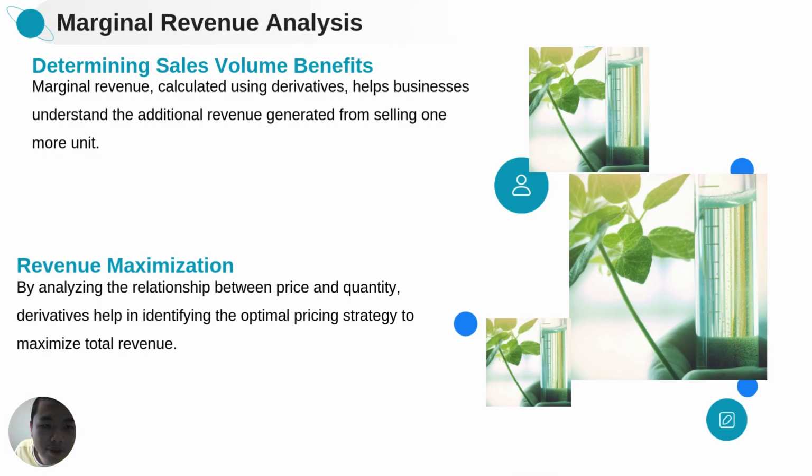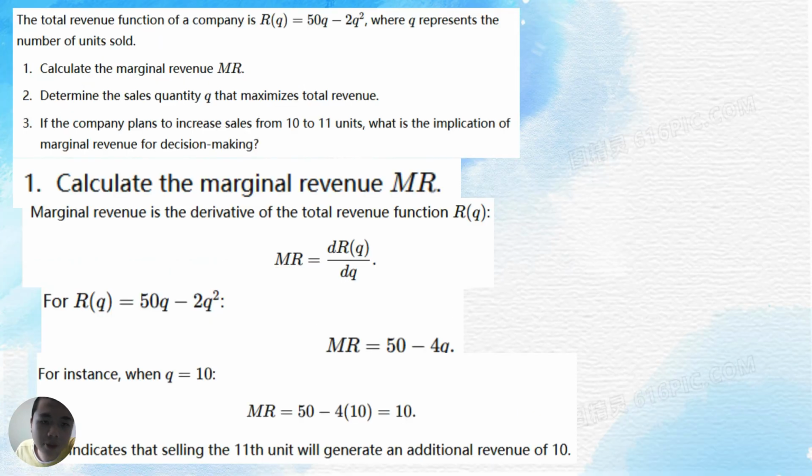Let's see what the marginal revenue analysis is. This is for determining sales value, benefits, and revenue maximization. Let's also see a simple question. The total revenue function of a company is R(Q) equals 50Q minus 2Q squared, where Q represents the number of units sold. We need to calculate the marginal revenue MR and determine the sales quantity Q